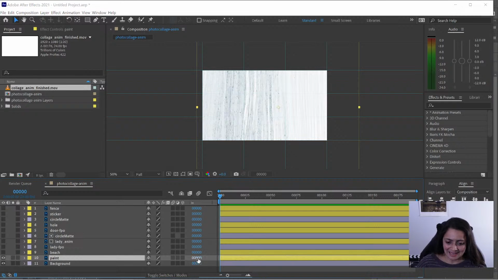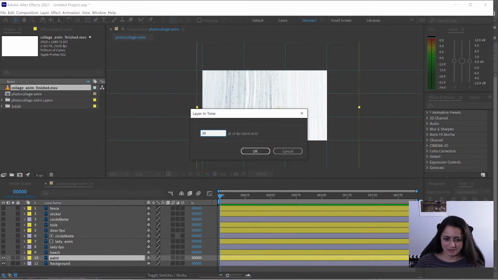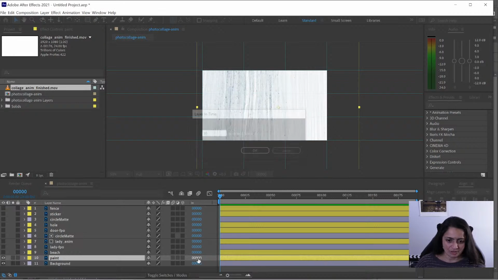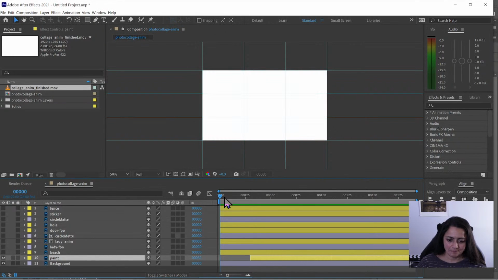So my paint layer is going to come in at maybe like 30 or 36 frames. Okay, so it's going to start pretty slow. The paint layer is going to come on. Then after the paint layer comes on, maybe at 55 frames, I'm going to have